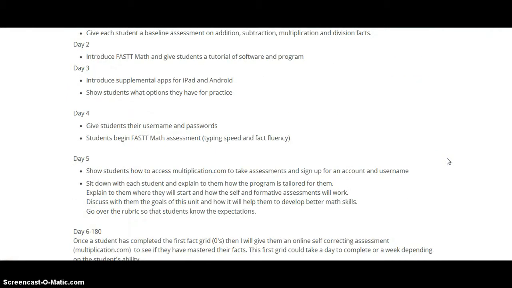Fast Math is meant to be anywhere from 15 to 20 minutes a day. It needs to be used daily, for research shows that's how it works. But I also supplement about 10 to 15 minutes a day with Apple and Android apps on the iPad and the tablets. So that helps them reiterate what they're doing, with more practice for them. So in a day, it's about 30 to 35 minutes each day,